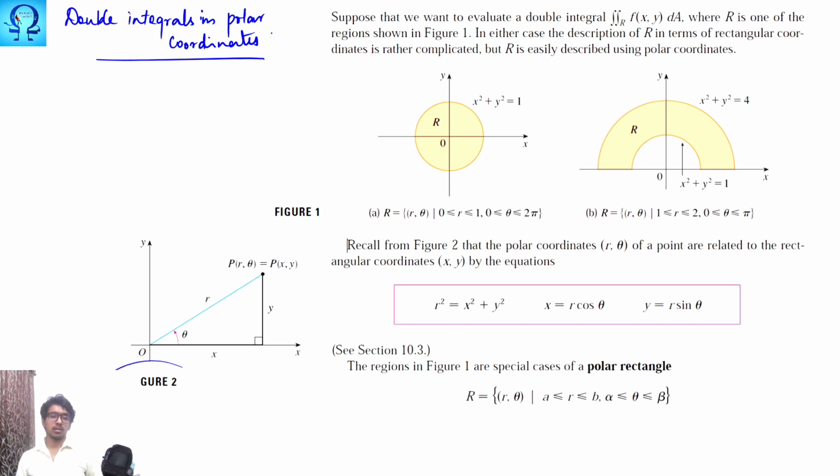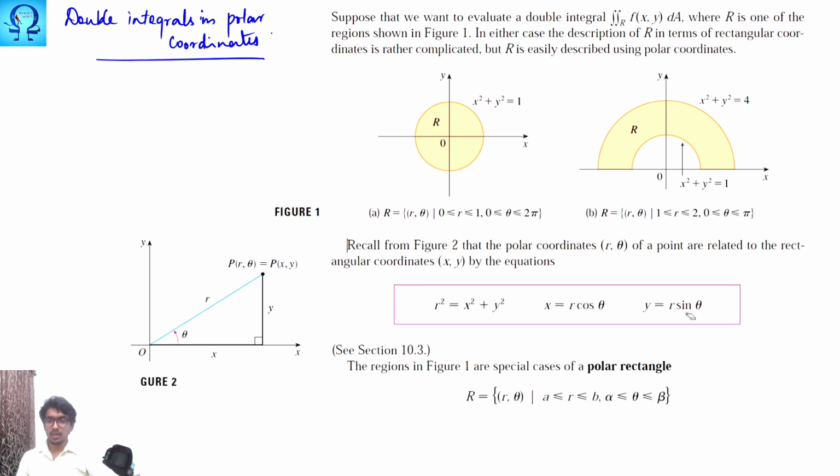Here you may refer to figure 2. You may very well notice that a point (x, y) in the plane shall also be represented as r and theta, where r is given by the square root of x squared plus y squared, and theta is tan inverse of y upon x. That is, you can make a substitution that x is equal to r cos theta and y is equal to r sin theta. With this substitution, you can convert your x and y into r and theta.